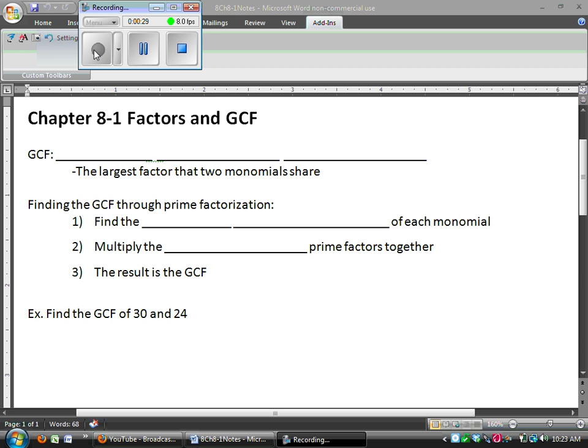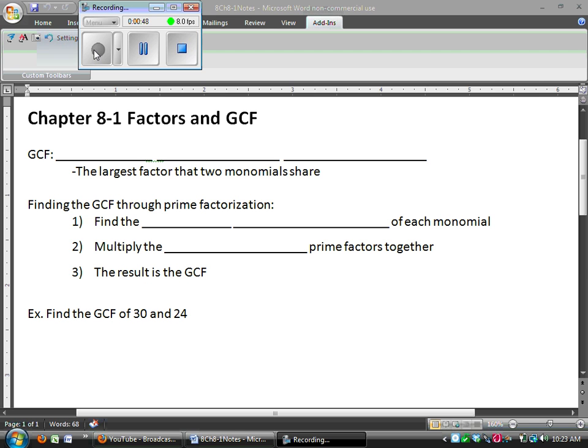So section 1 here is going to be a little bit of a review. This one should not be hard. The rest of the sections are all going to be brand new material that you're going to have to work at. This one should be a review from, I know, last year and probably even in 6th grade too. So we're talking about,